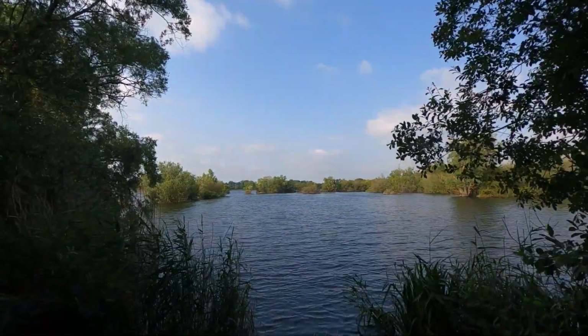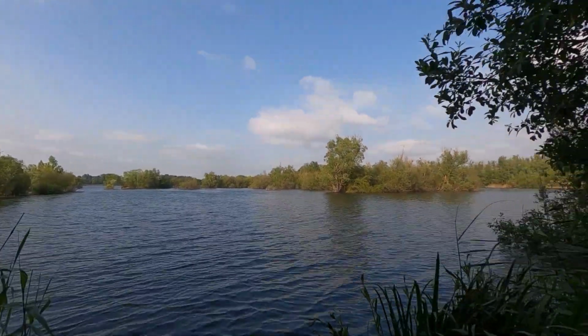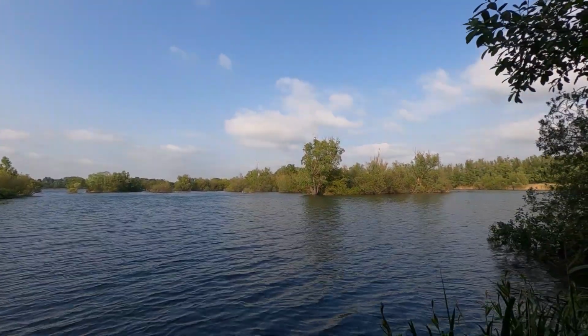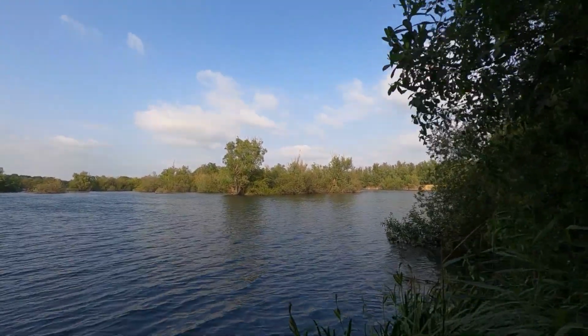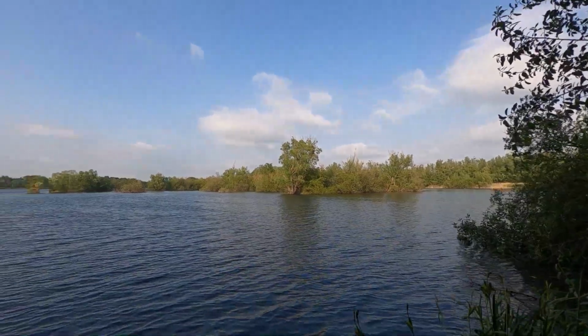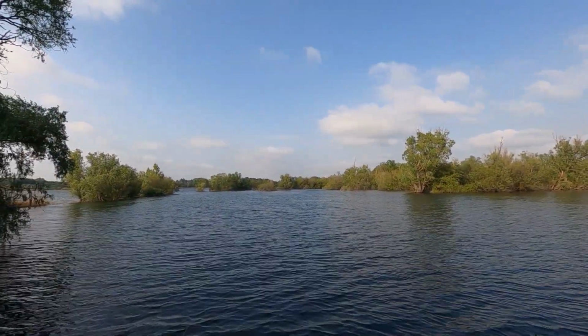Hi guys, I'll just give you a little look at my swim and the spots I've chosen in the swim and the reason behind choosing them spots. Got all them trees out there growing on a bar. It's like a little mini island. But if you come to the left of that, that bar continues to run along the lake,